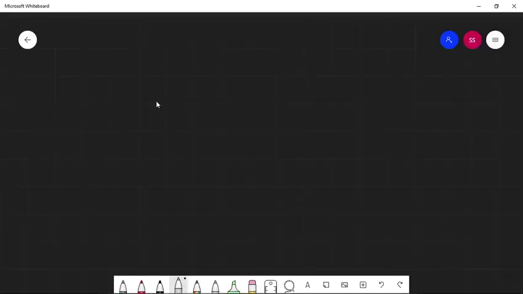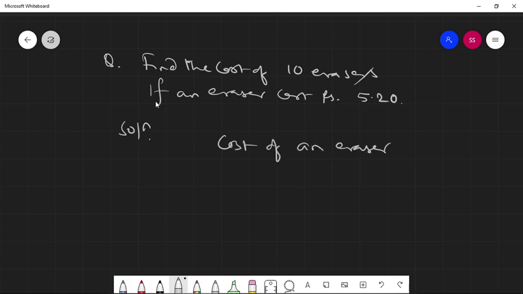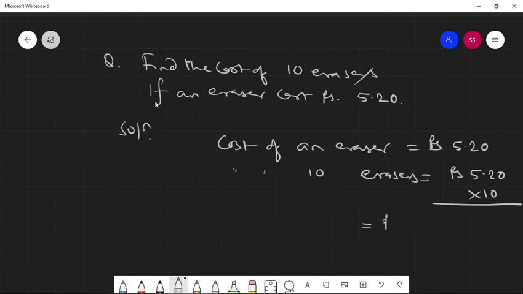Let's check an example. The question is, find the cost of 10 erasers, if an eraser costs Rs 5 rupees 20 paisa. Yes, the solution is: cost of an eraser equals Rs 5 rupees 20 paisa. Cost of 10 erasers equals 5 rupees 20 paisa times 10, and then